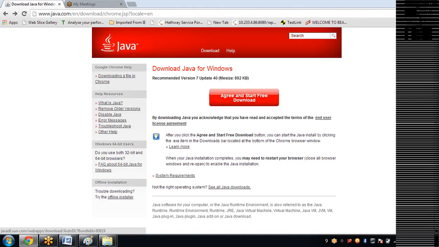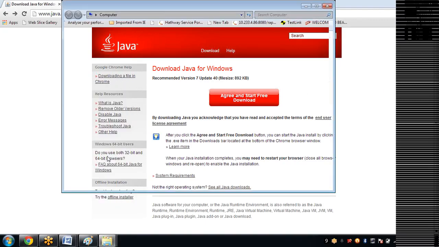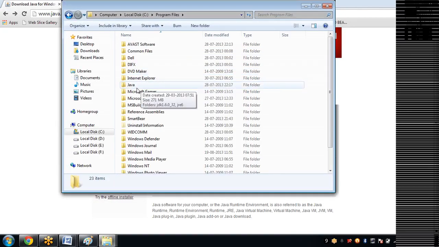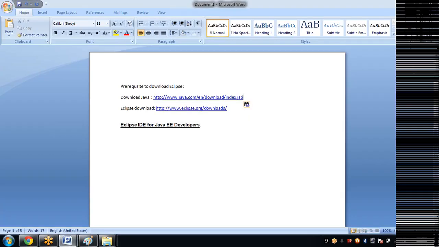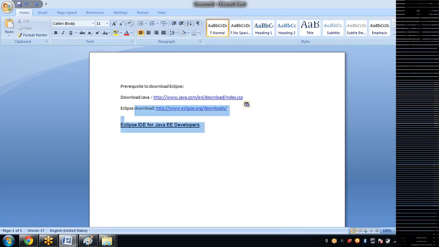Once it is downloaded, double click on it, some process will happen at the backend. You will get one exe file. Double click on the exe file once it is downloaded. Some installation will happen for 1 or 2 minutes and then you will find the Java folder in Program Files automatically. So first do that and then start with the Eclipse download, because to open eclipse.exe, Java is mandatory. If you don't download Java and you try to download Eclipse, it will download but you cannot open the Eclipse editor. You must have Java for it.